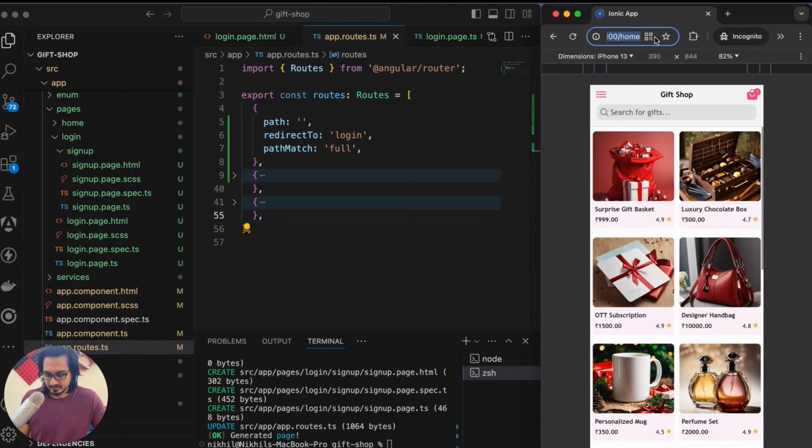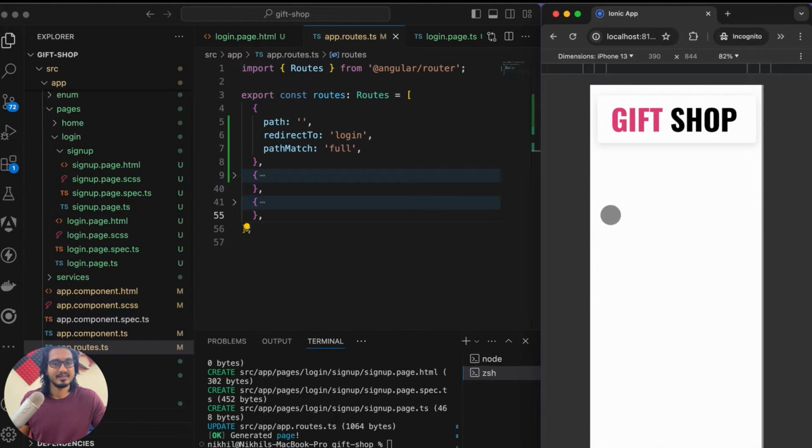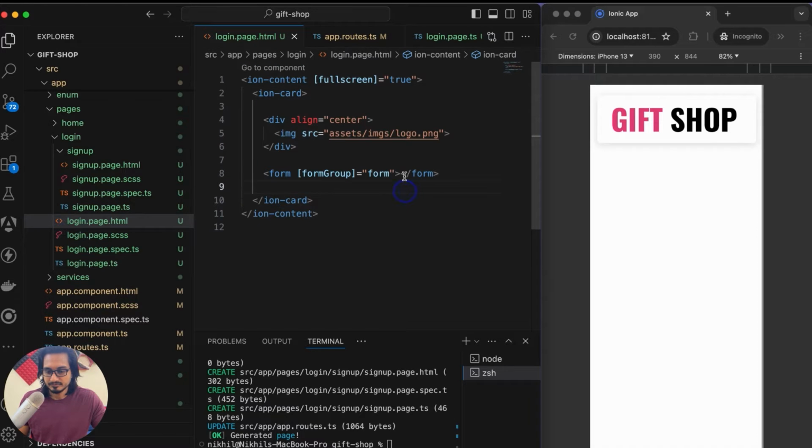Just remove everything, just pass localhost 8100, hit enter, and you are getting redirected to the login screen. Let's go to the HTML part now, and within this